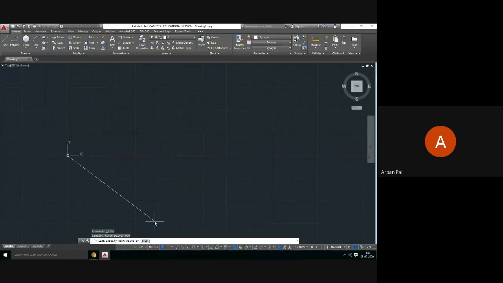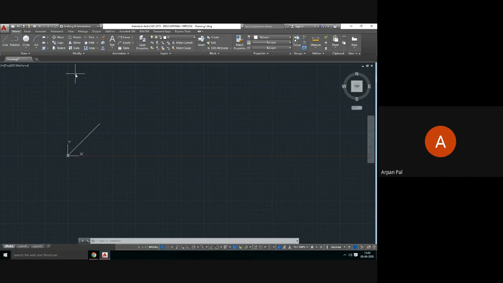I am dragging my mouse in this direction, but I am giving input @ 100 and then less than 45 only, not -45. Enter. See what happens. The line is being drawn in the 45 direction with respect to the horizontal. And the angle is always taken anti-clockwise from this horizontal. Okay.